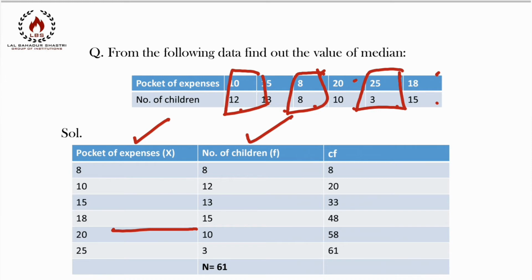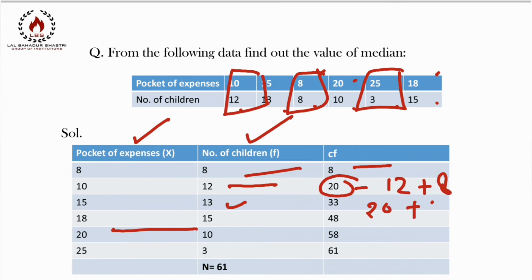Now we'll calculate the cumulative frequency. So how will you calculate it? Cumulative frequency means accumulate, that is, to gather together. So it will add up the previous values. In the first value we don't have any other value. Now when we come to the second value, here 12 plus 8, right? 12 plus previous frequency 8 comes out to be 20. Now the previous value plus the frequency of another class, so here 20 plus 13, that is 33. In this way you will calculate the cumulative frequency.